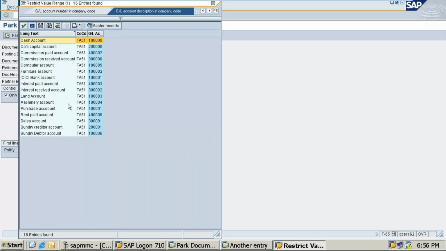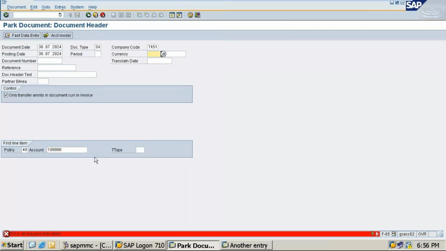Transaction is commission paid. I'll give you some list of transactions today. Try to do that in the system itself. Okay, then I'm going to create now. Let's take interest receipt. So the cash account will be debit here, the interest received account credit. So click on the cash account